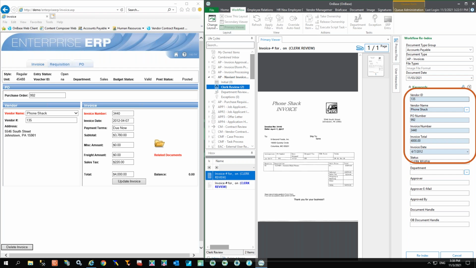So again, that speeds up the entry, where I don't have to enter that information twice, once into my ERP system and once into OnBase. We just enter it one time into the ERP, and we invoke that keystroke or that mouse combination to copy and paste that